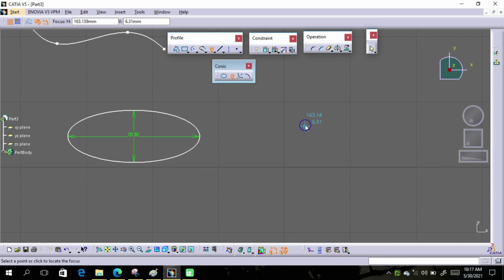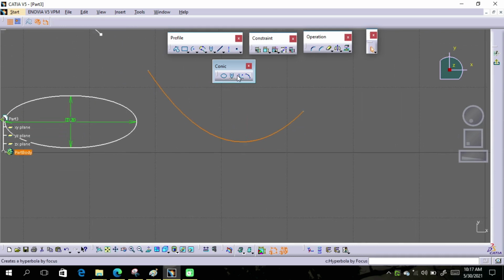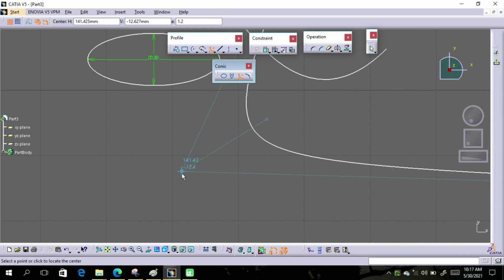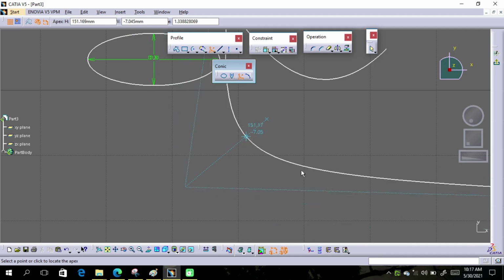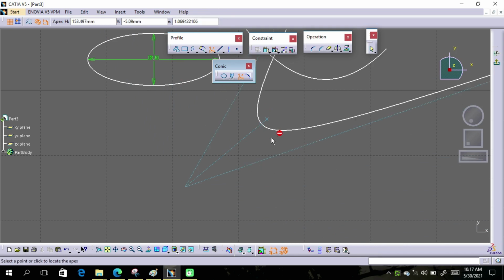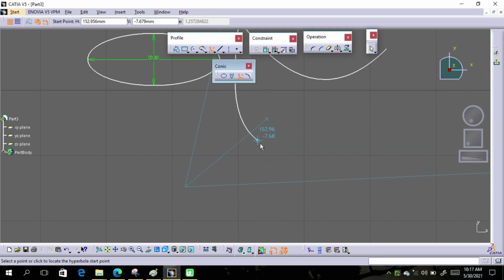The next option is parabola by focus. First of all give the focus point, then create a parabola, and then pick start point and end point to create this parabola. The next option is hyperbola by focus point. So pick this tool, give the focus point and create this hyperbola. And then put the value of phi. You can put the value of phi from this tab. So I'm going to give a manual e value and give start point and end point to complete this hyperbola.